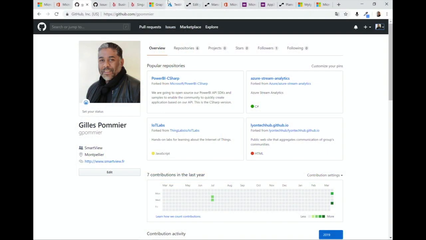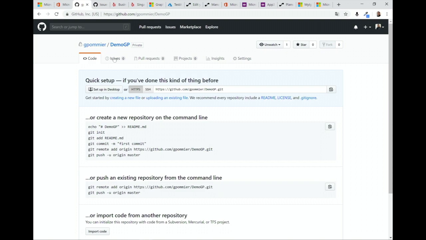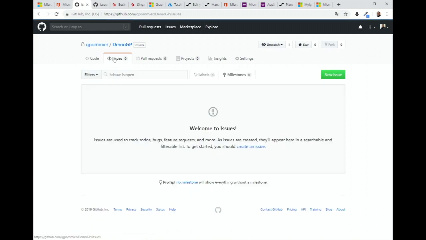So as a developer, you know that you use GitHub as a repository for your source code. In GitHub, you create repositories. I've got multiple repositories, and my first demo will be to show you how to create a message, an issue, in a repository like this, using a custom connector.